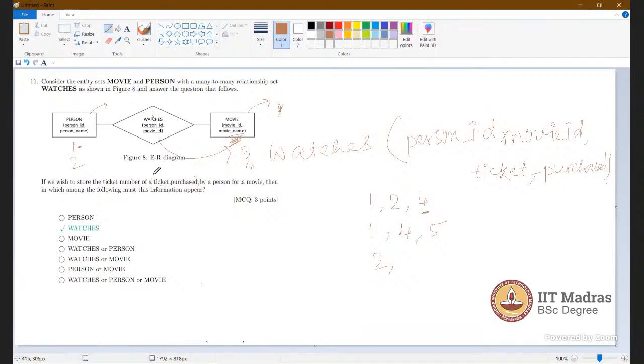So this is a process of elimination, right? Where can we fit the column? Can we fit it in the movie entity or the person entity? If neither, then it goes to watches. Is that the correct logic? Yes, I use the approach of elimination, but you can use whatever. You got what the question is, right?